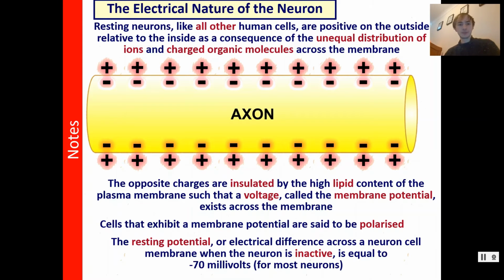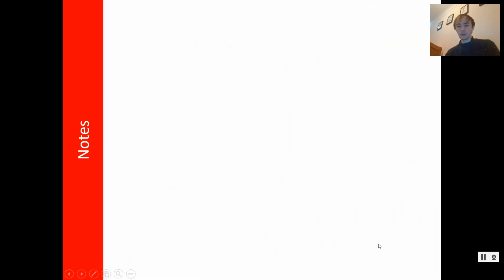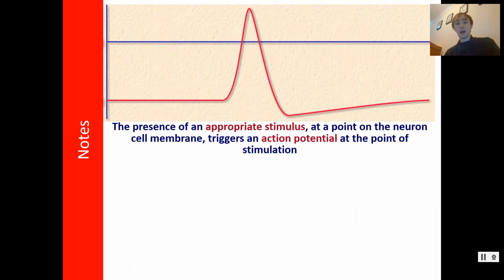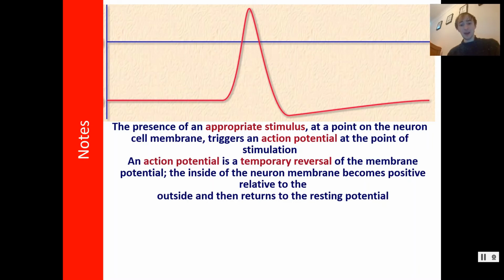Fine. So, this is a very important graph. Now, when a neuron is activated, it causes something called an action potential. An action potential is basically how a neuron is activated. It causes this electrical impulse. And what it looks like is this. It's a